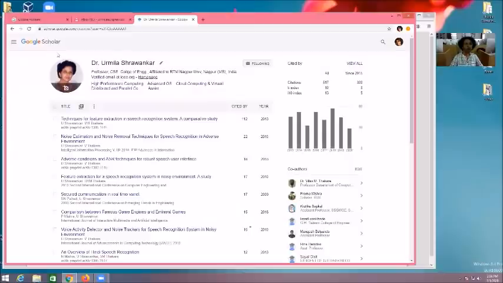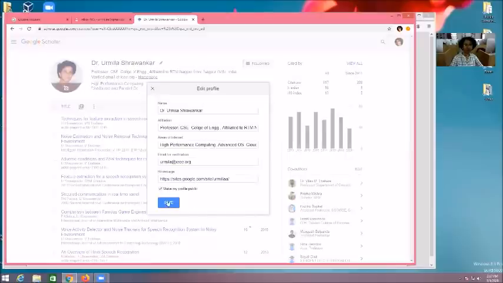Okay, and my profile is created. At present it is showing my name, my college name and everything. After that it is showing my area of interest. How to update it? Just press it here, and here you can update it, and finally you can say save. Okay, this is so simple.